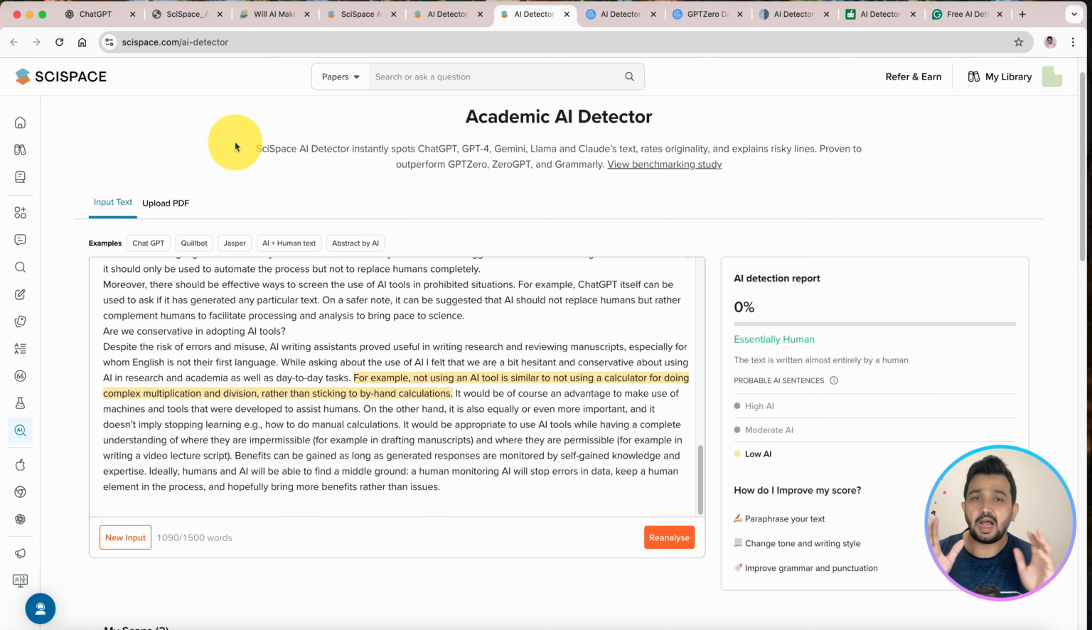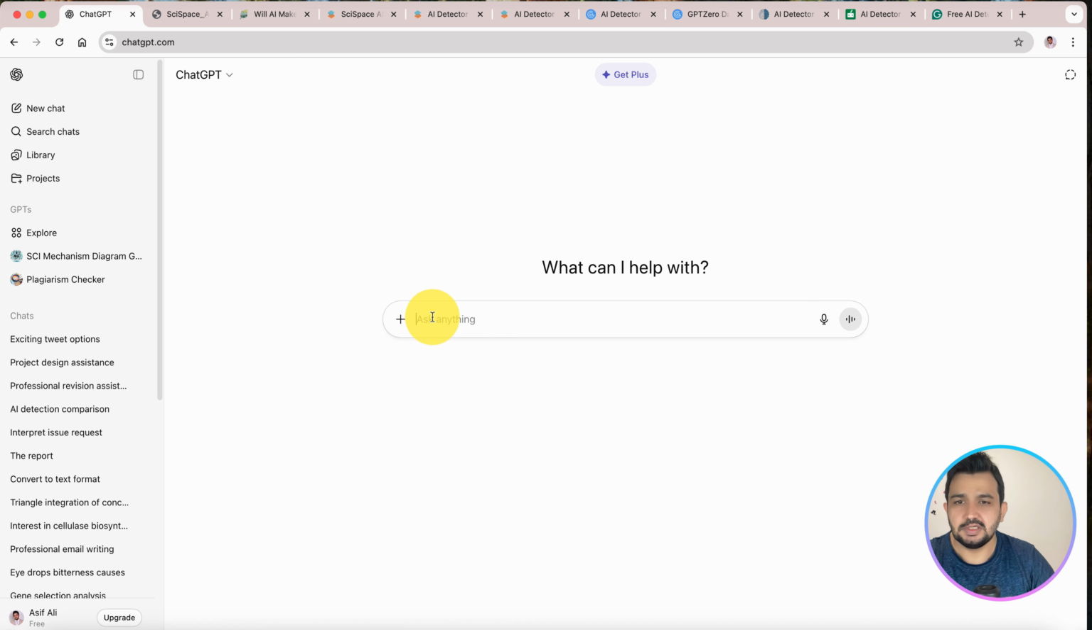So now I will generate one text in ChatGPT and will give it back to all those AI detectors, and we'll see which AI detector can outperform and which can be best for AI detection, especially for researchers and teachers. And now I will ask ChatGPT one question: